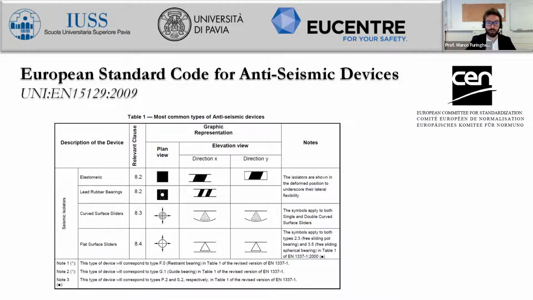Because when we reach the maximum displacement and then we go back to zero force, it is exactly the point with the same displacement as the maximum one. So this is the problem related to the absence of any recentering capabilities of the device. But they can be used, obviously,